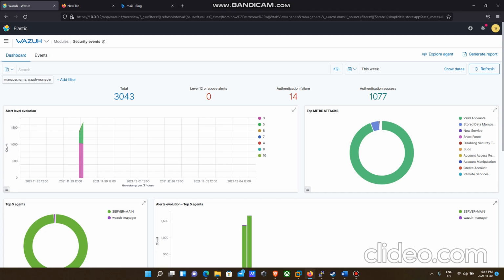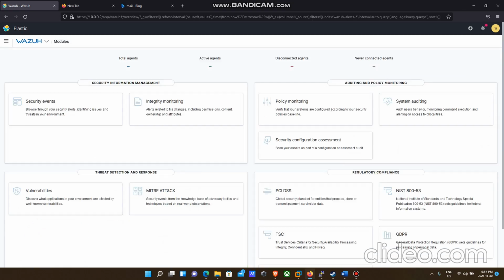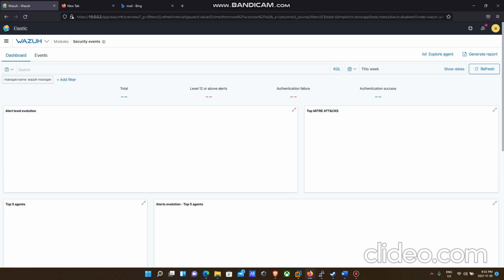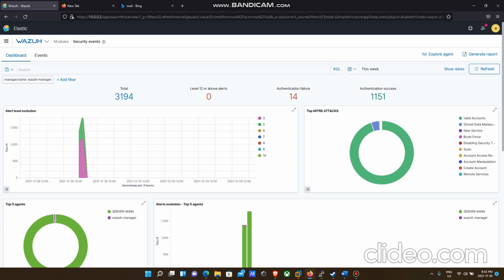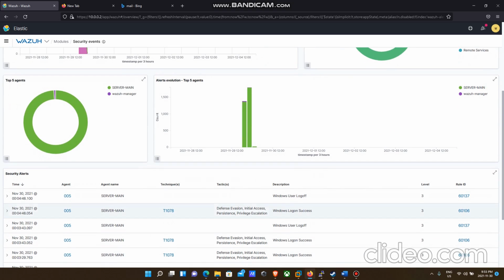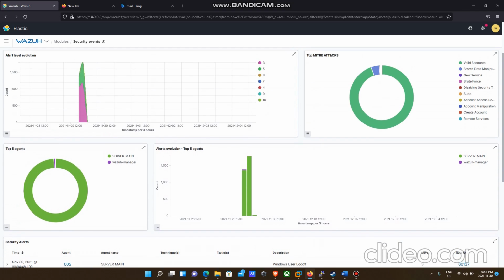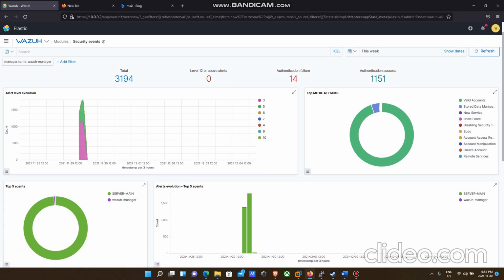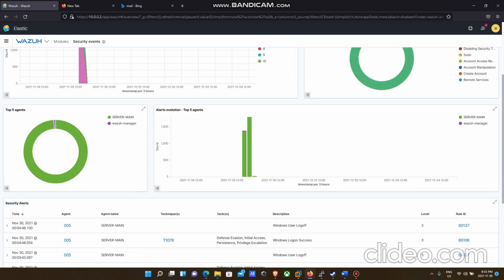So in this Wazuh dashboard, on a specific timeline, we go to modules and then security events, and we could see all the activity that has been happening on the Windows server. After confirming, in the top MITRE ATT&CK section, there are valid accounts, stored data manipulation, brute force, disabling security, sudo, and so on. This is the overall status seen in Wazuh from yesterday after integrating Wazuh into the server,